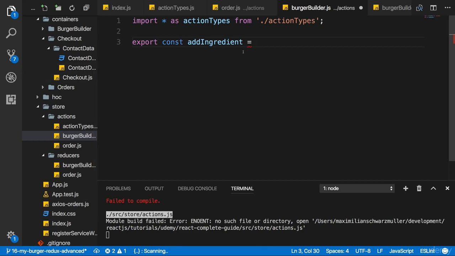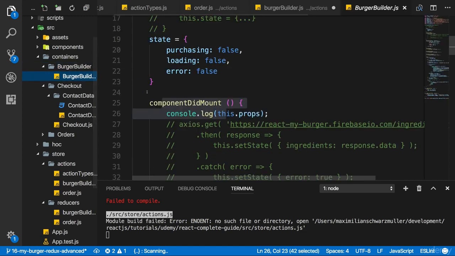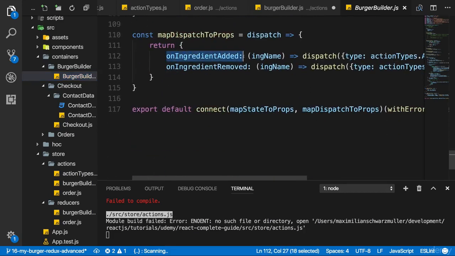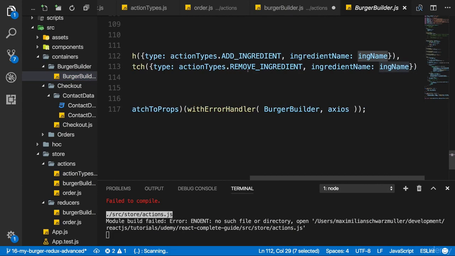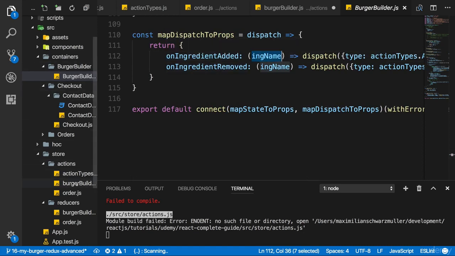And if we inspect the place where we actually dispatch such an action, which is in the Burger Builder container, there we will see that if we scroll to the bottom, on ingredient added passes us the name of the ingredient as a payload. So we have this extra ingredient name property. And I want to keep that in the action created in the action creator, I should say, so that the existing code in all the other places, for example in the reducer, doesn't break. So we need to set up this ingredient name, and we can expect to get that ingredient name as an input to the action creator for that reason.